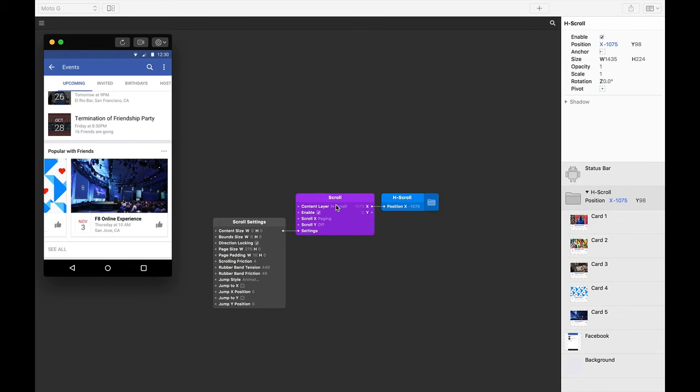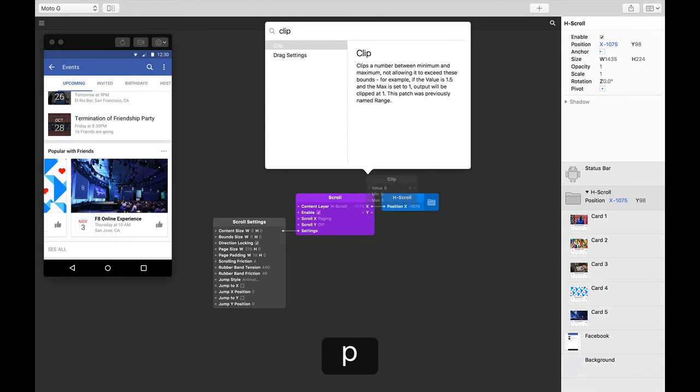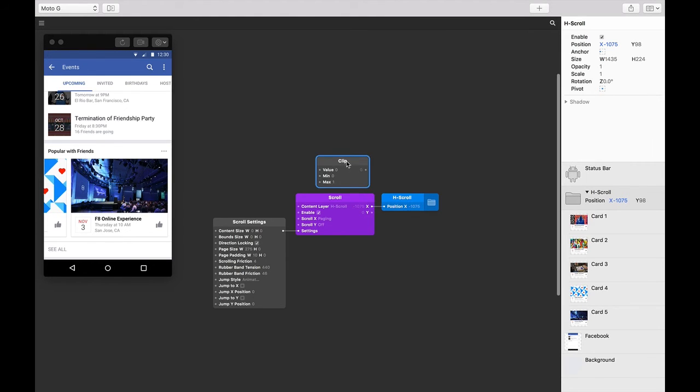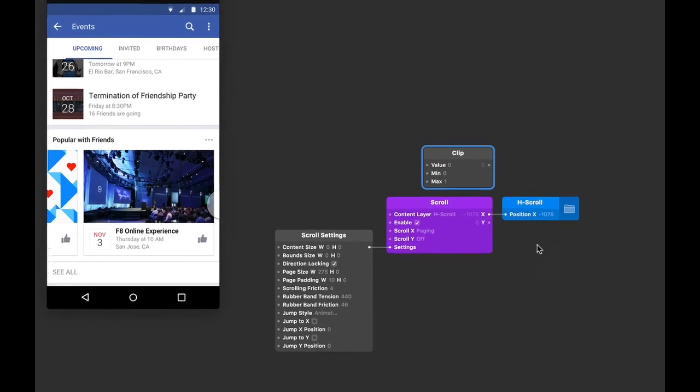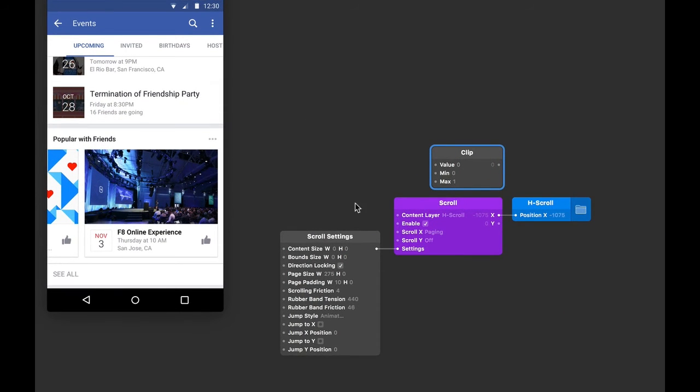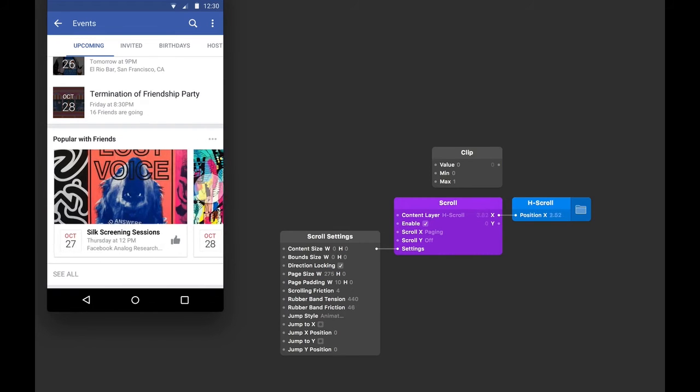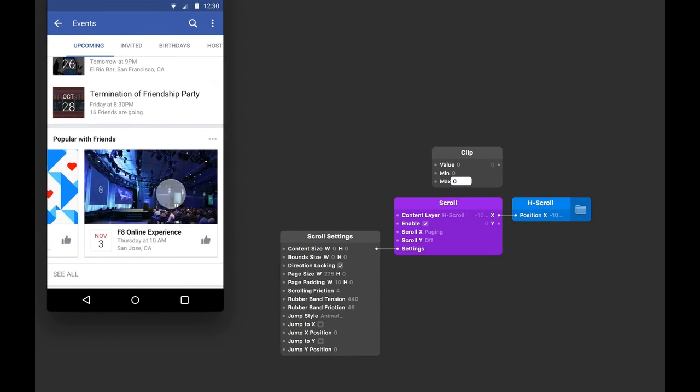To contain values, we need to add the clip patch. In the patch editor, or press Command Return, type in clip, and then press Return. So we know that the position now at the very end is -1075. Okay, so it's just increasing to a positive number, and the first card is at position 0. So we know our maximum is 0, since that's the largest number. And the last card is at, again, -1075. And because that's a negative number, it's smaller than 0. So let's make that our minimum value,